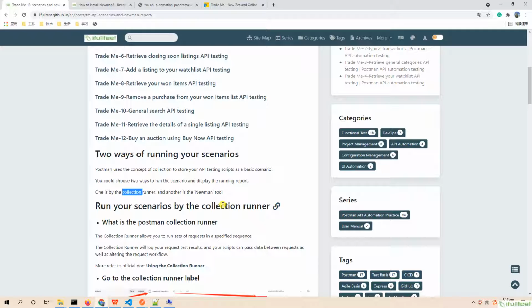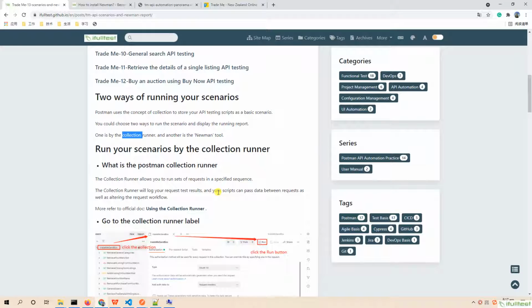So at the end of all the scripting work, we could run them through collection runner first. Then, if everything is good, we could use Newman's command line to run a scenario and get different kinds of reports sent to stakeholders.